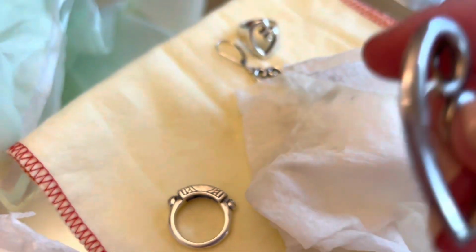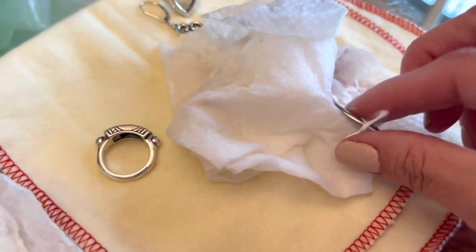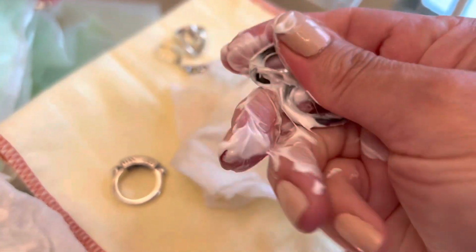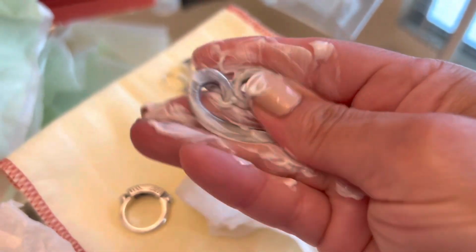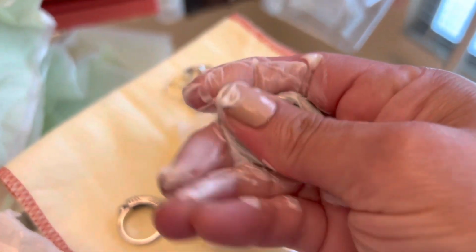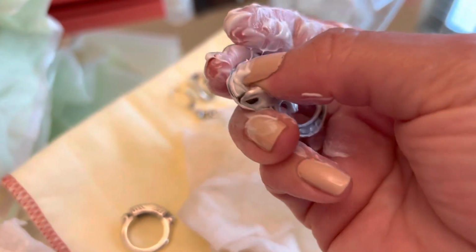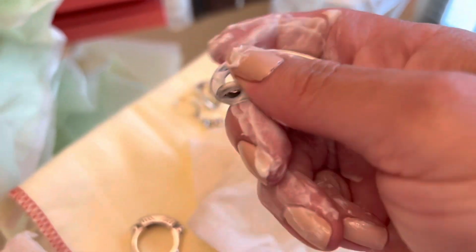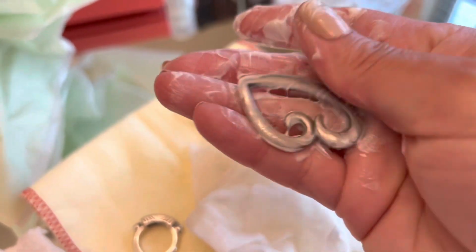I'm going to go ahead and do this one too because it looks a little tarnished. So again, I just get some toothpaste. And I wouldn't do the gel one, any gel type of toothpaste. I think it has to be like the white paste. And I know jewelry cleaner can be very expensive, so this is an easy way to get it clean. It can be kind of messy,